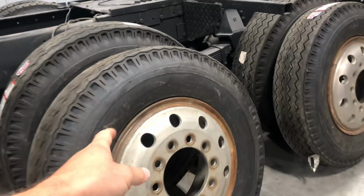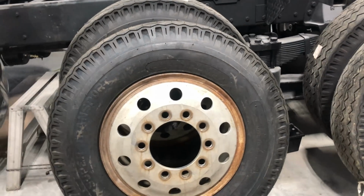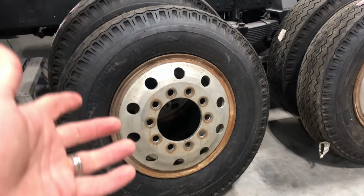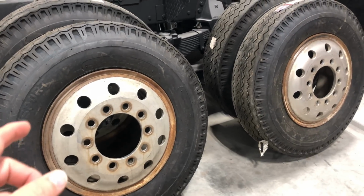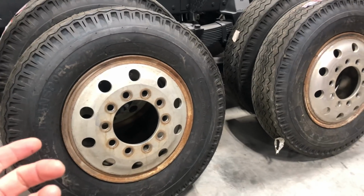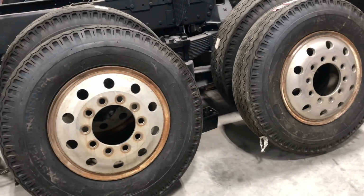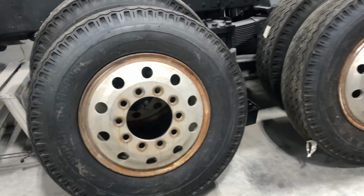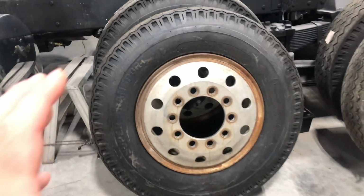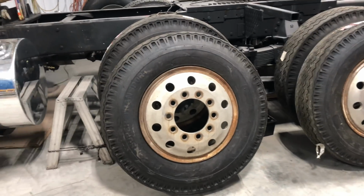Oh yeah, I was successful in my hunt for some additional split rings. So my friend Jeff from Montana, he actually found a couple rings that one of the trucks that he had, and so he zip tied them together and he UPS'd them up to me, and I got them over to Cal Tire and they mounted them, no issues. So we're good on tires now, but like I was saying, I'm still waiting on the polished rims from Spectrum,